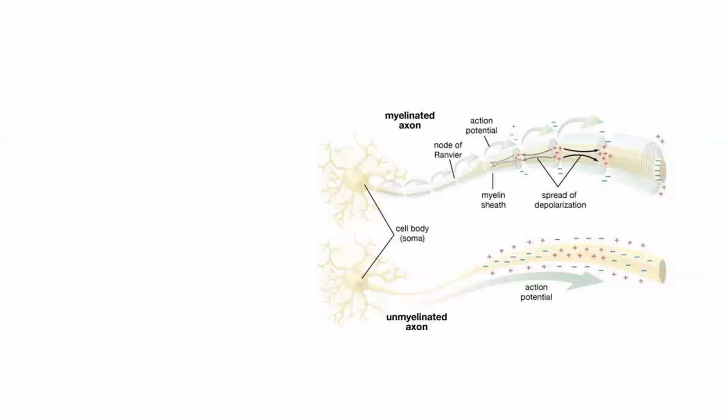Now see the difference between the myelinated and unmyelinated. See here, this is the myelinated axon. You can see in the diagram, the action potential is jumping from one node of Ranvier to another. Please check. Because only here you will find ion channels and voltage gated channels. But in the case of an unmyelinated axon, it will be very time consuming because the impulse moves very slowly and has to travel the entire axon.